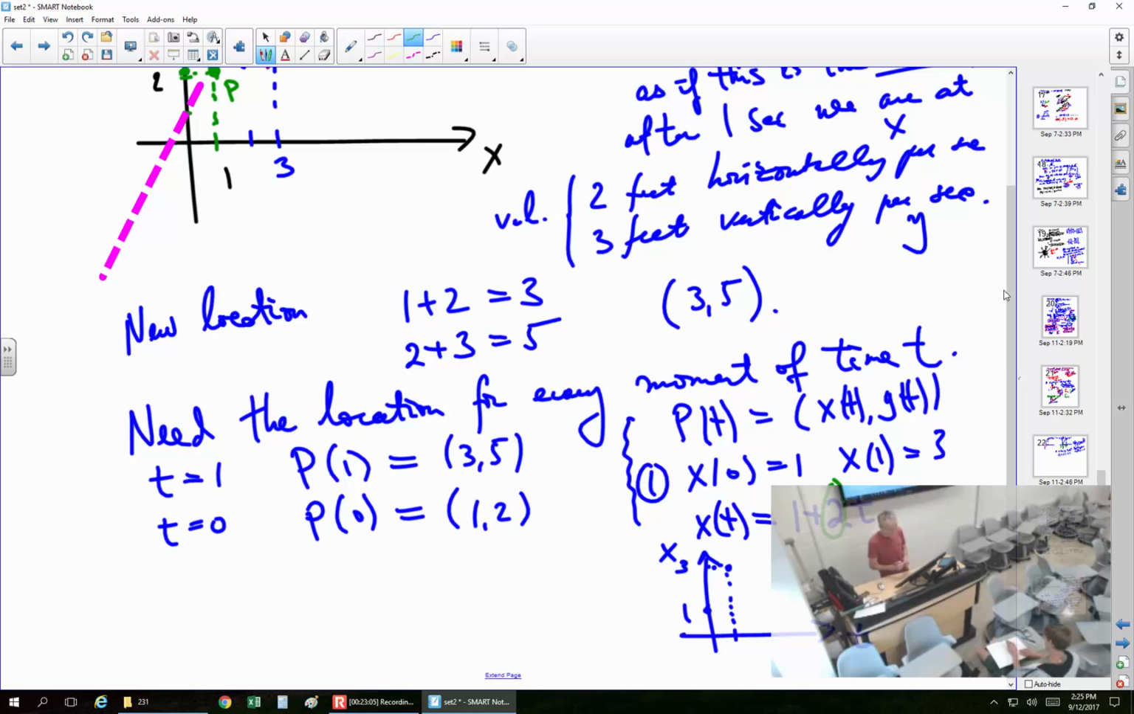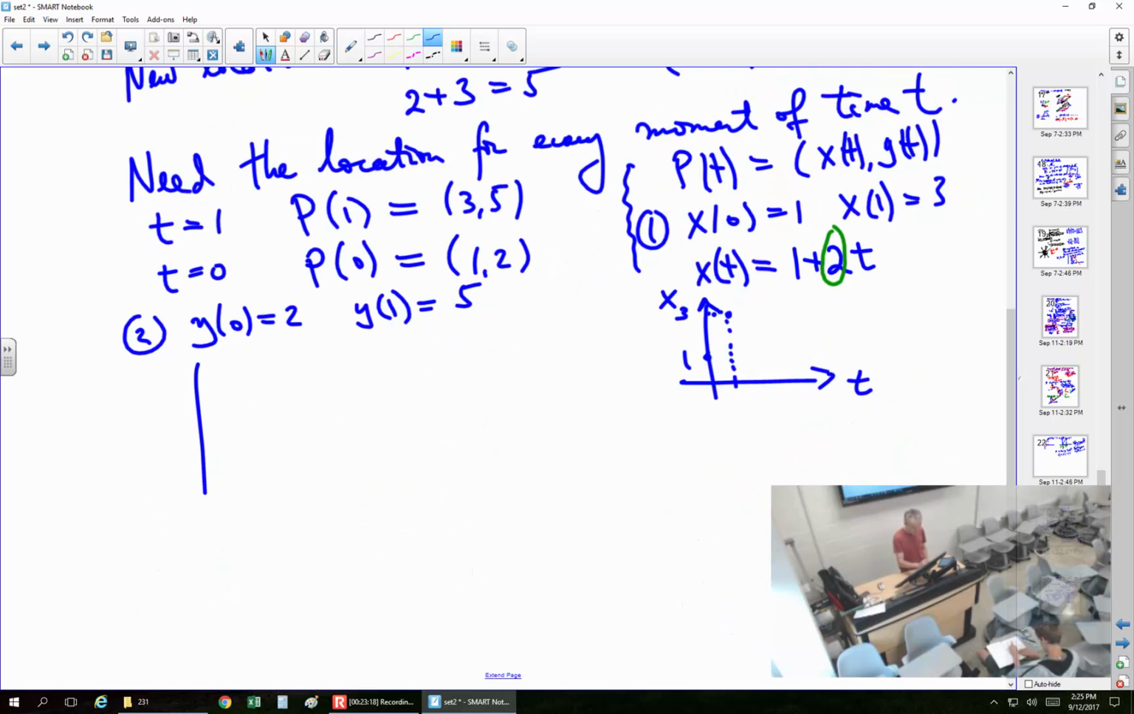Okay? So we do the same with y. We have y of 0 is equal to 2, and y of 1 equal to 5. So once again, you can have a little picture here. T and y. It is 2 over here, and then it is at 5 over there. So this is one point, and the other point is here. Okay, so that is my line, the other line. This was one line, this is the other line. So what's the equation? 3t plus